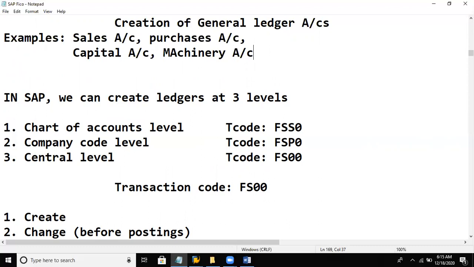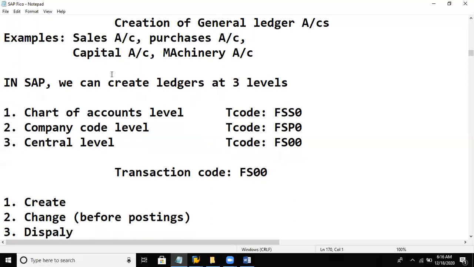Now in SAP, to create each ledger, till now we have done the basic configuration required. Now we will be learning how to create this ledger in the SAP application. In SAP, we can create these ledgers at three levels.